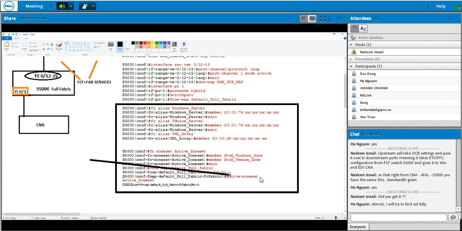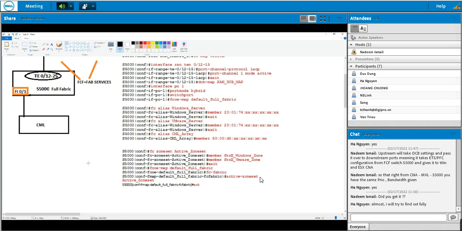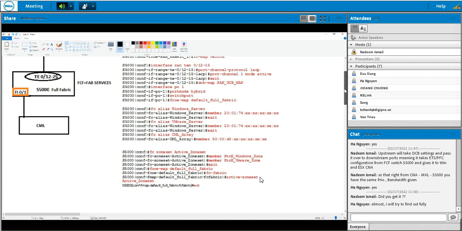And then do what? We go ahead and enable it. Instead of enabling, we have something called activate zone set. Whatever your zone set is, active underscore zone set, that's a name. So we are saying, I would like to go ahead and activate this zone set. This is the zone set name. We are done with switch configuration